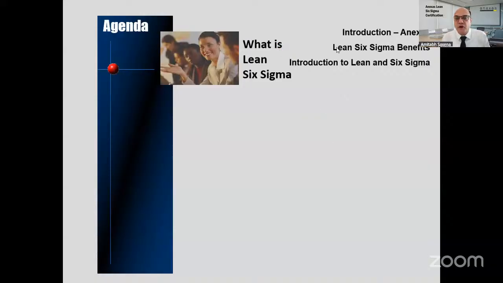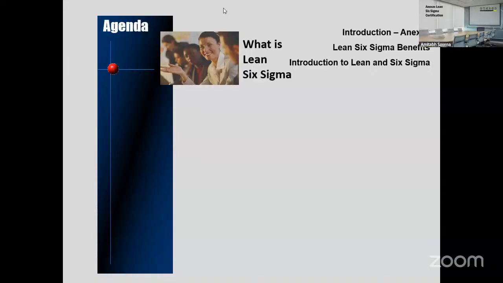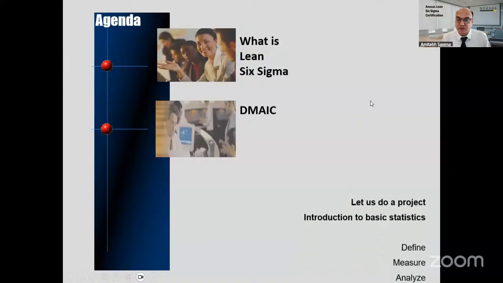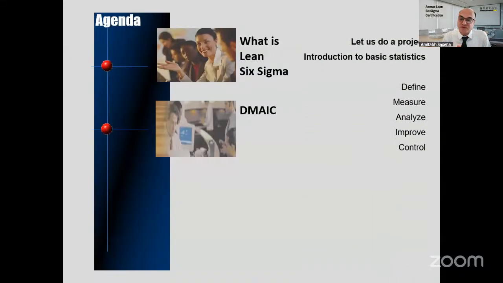So we'll be talking about what is Lean Six Sigma, an introduction to Lean Six Sigma, and then after that we'll see how Lean Six Sigma impacts us and what the benefits of Lean Six Sigma are. After that we will move on to DMAIC: define, measure, analyze, implement, control. These are the 5 phases typically in any Lean and Six Sigma project, and we will be learning these stages,